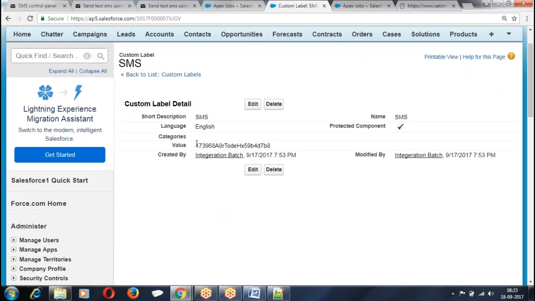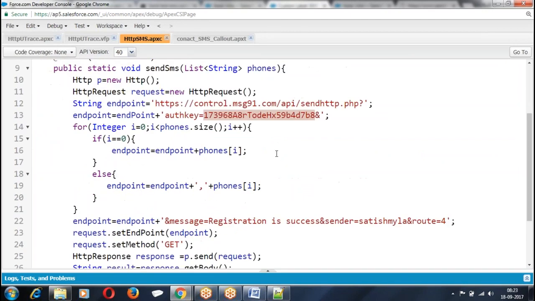Now I'll get the value from this label and read it. Label.sms.source, that is $Label.sms. So Label is a global value. From this label, I will use the label value. So instead of hard coding the value, I can use the labels. But never hard code the values within the code. I hope you are clear with this format. People have followed, right? Okay. The next one, I will explain you the format of